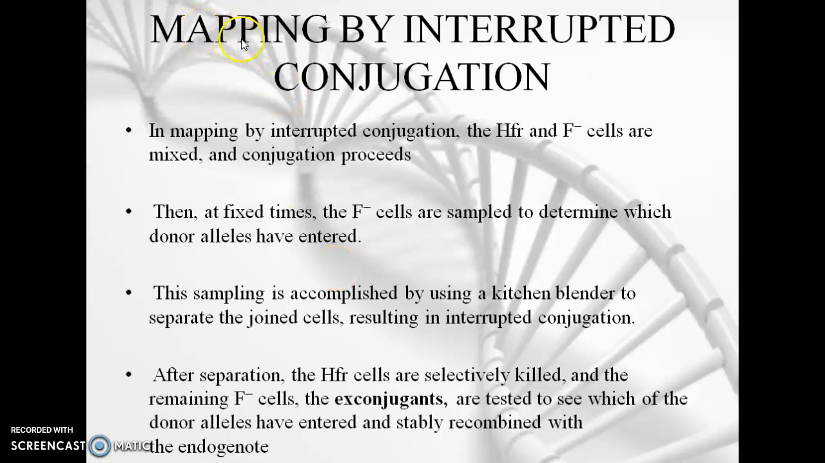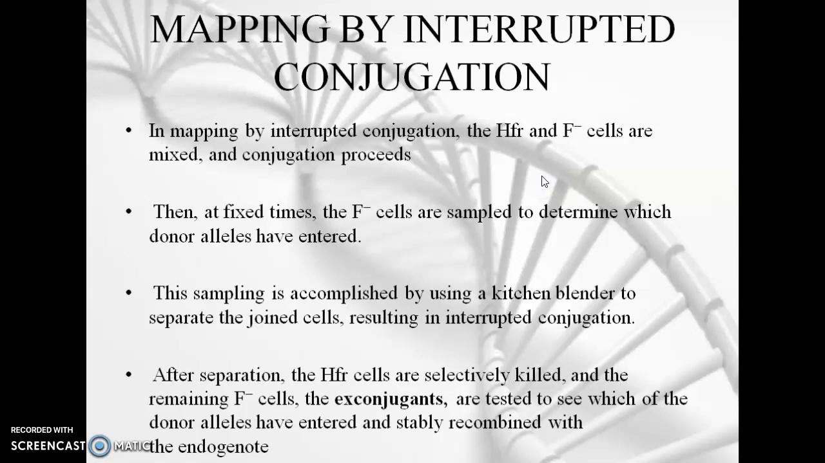Coming on to our topic, mapping by interrupted conjugation. In mapping by interrupted conjugation, the HFR and the F- cells are mixed together and they are allowed to conjugate. And at fixed intervals of time, the F- cells are sampled to determine which donor alleles have entered into